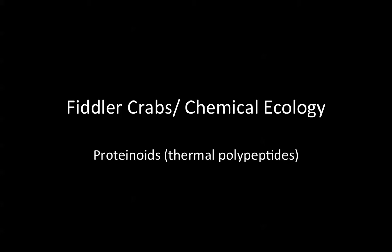Now the fiddler crab is pretty easy to work with, very active during the day. The male has a very large claw. The life form has been very, very well investigated by life scientists, and I want to see if the fiddler crabs will ingest, metabolize so-called proteinoids, thermal polypeptides,